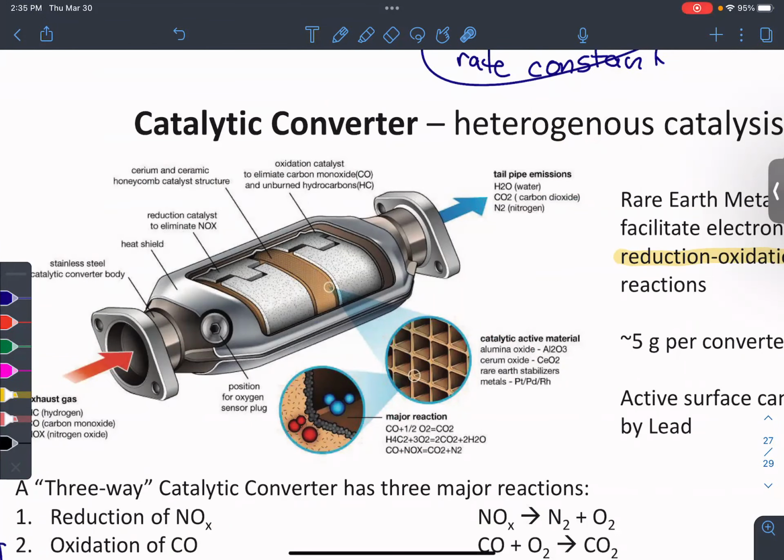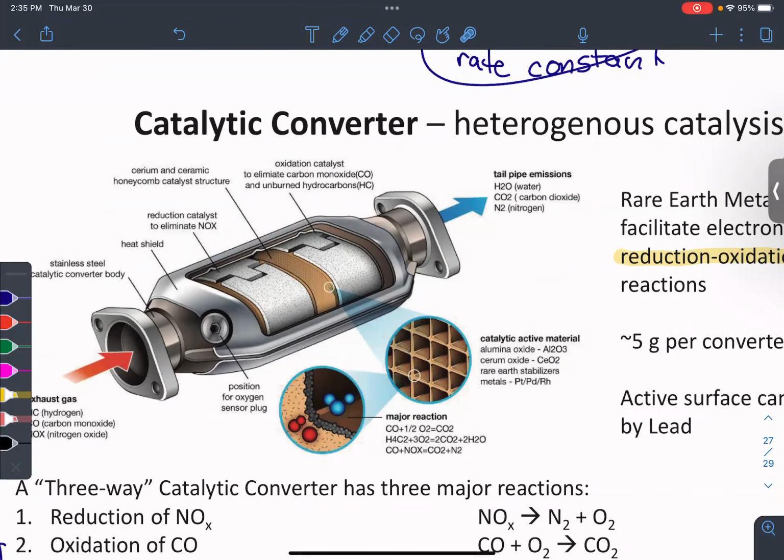Other things in the exhaust gas are carbon monoxide, a less oxidized form of carbon. You get a lot of carbon monoxide with incomplete combustion in your vehicle. Again, if your vehicle is old or not running in tip-top shape, you can be exhausting carbon monoxide and different nitrogen-containing oxides, what we call NOx gas. So NOx gas could be something like nitrogen dioxide.